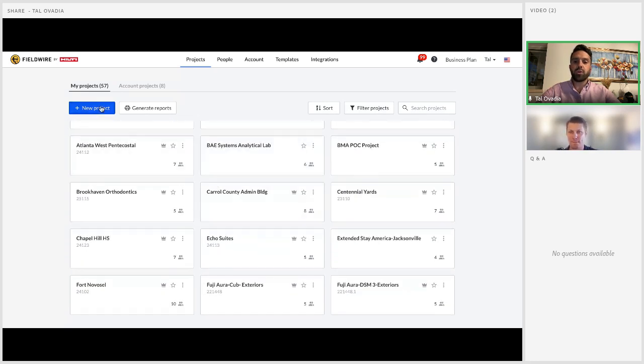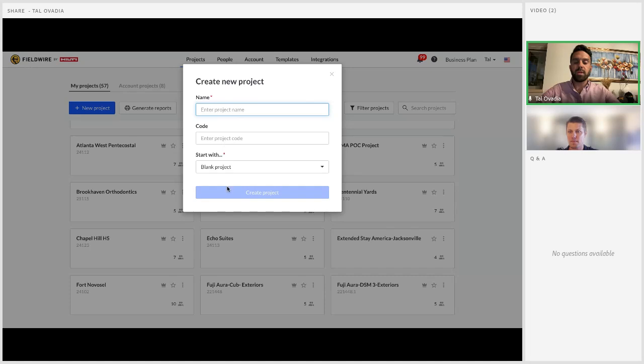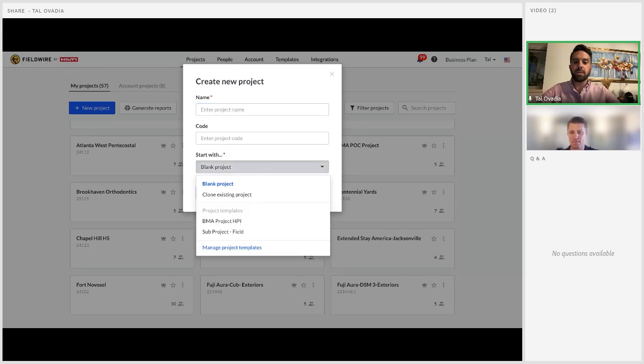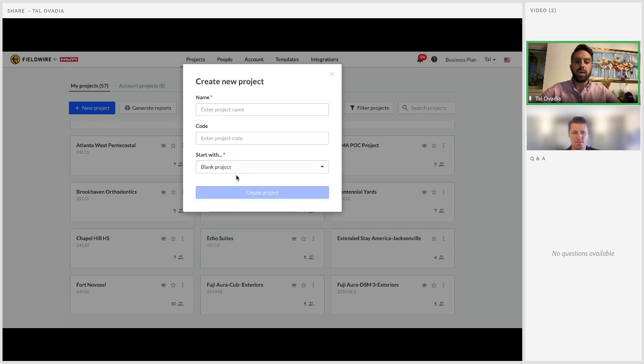We could create a new project and start with the form here and bring in a blank project. We also have the opportunity to create a project from a template that we've created. And so what we can do is, depending on the structure of the project and what we know of it going in, we can select a template that is more appropriate, that might have certain custom attributes or features that are either on or off,